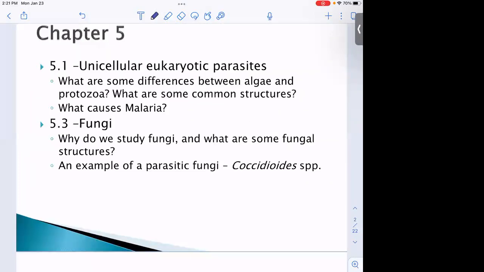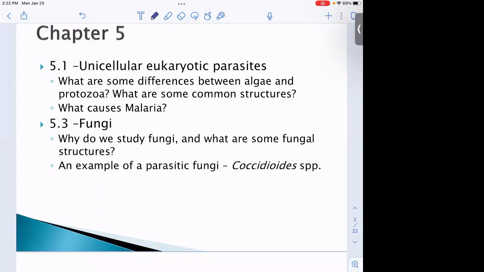So these are all, again, we're most interested in the single-celled eukaryotic cells. So we're going to talk a little bit about the protists and protozoa here to begin with. We'll tease apart those terms, protist, protozoa, what's the difference, algae. A few structures, so only a little bit of terminology, and we're going to have an example of a protozoa that causes disease, malaria. Mostly I threw that in just because it's really very interesting. And otherwise, protozoa can be a little bit dull.